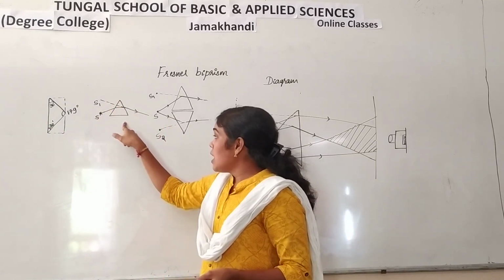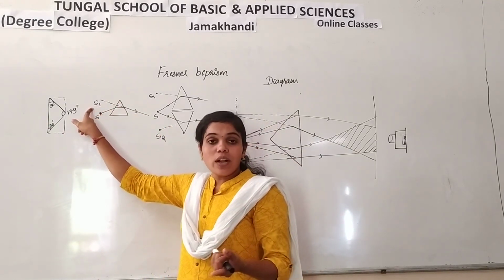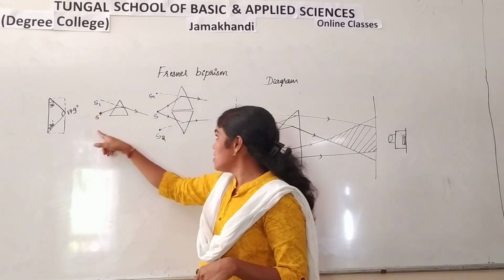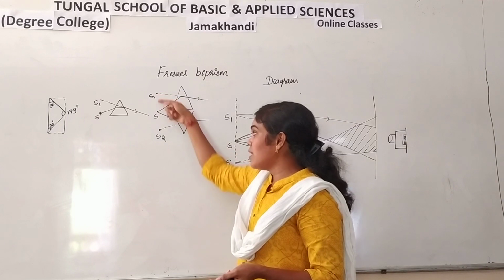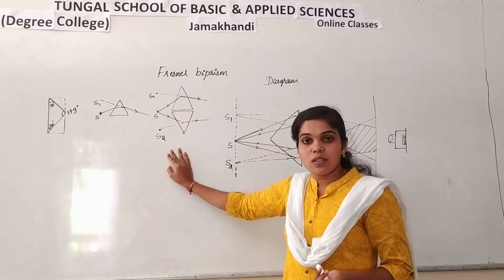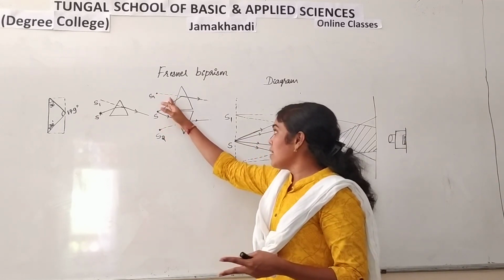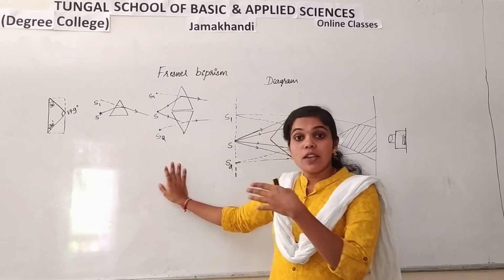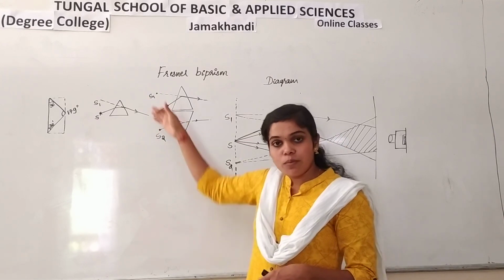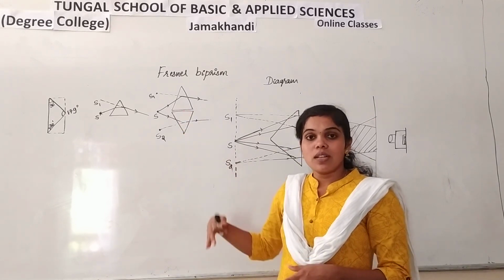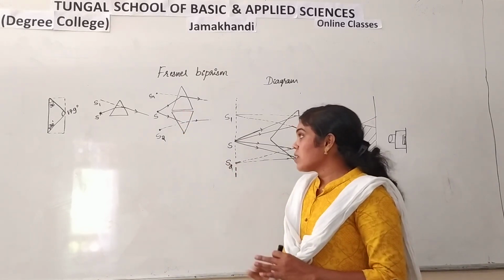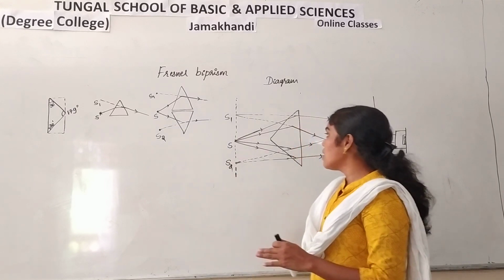From a single prism we are going to get one virtual image of the source S, but with the help of this setup, if two prisms are used, then we are going to get two coherent sources, S1 and S2. And next, if the sources are coherent, the waves coming from these sources are going to meet, and what we are going to get is the interference phenomenon. These are the basic things.